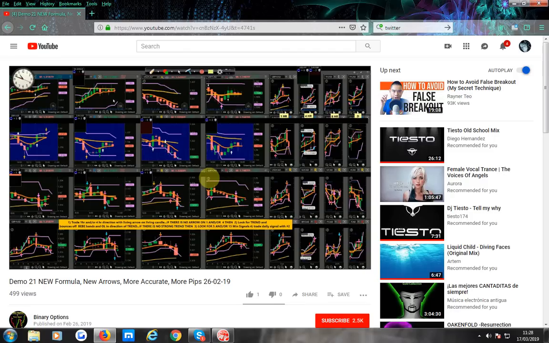Once you've got your setup, is this going to bounce off the 5 minute orange line? Yeah, because there's no 15 against me and there's no 30 against me, so it's going to bounce off a 5 minute orange line with a number 1 or a number 2. If there's no signals against it, then look on the HA chart, look for the signs, either a wick or this new little